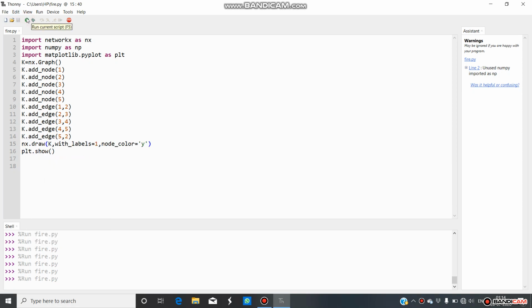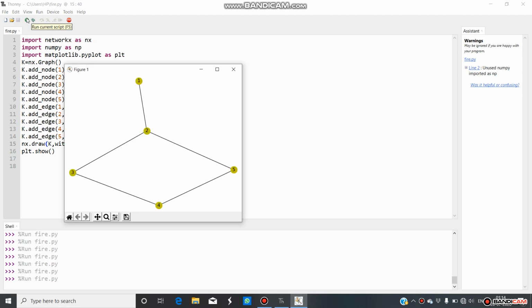Now run it. So we can see that the color of nodes is changed from blue to yellow, and also nodes get labeled.